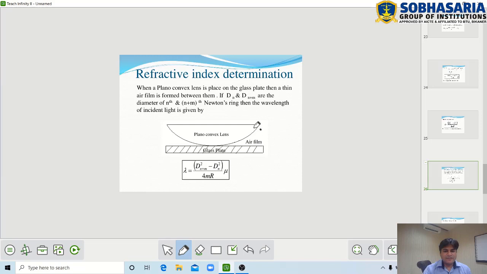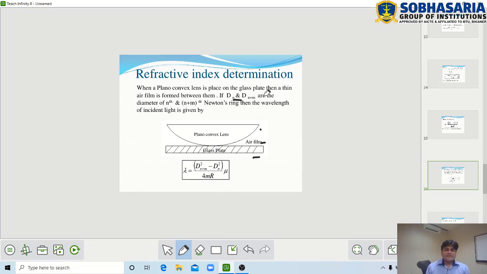When this plano convex lens of radius of curvature capital R is placed on the plain glass plate, a thin air film forms between them. Due to this air film, an interference pattern is produced, meaning Newton's rings are formed. In this case, if n and n plus m are dark Newton rings, and Dn and Dn plus m are the diameters of the nth and (n plus m)th dark Newton rings,